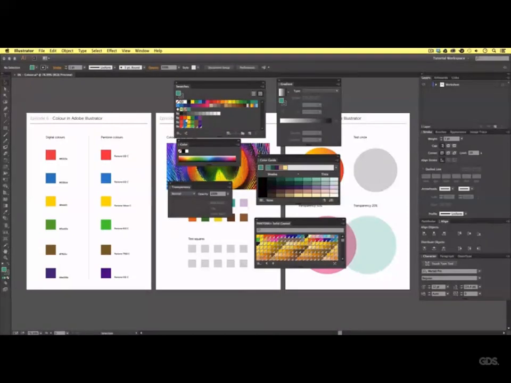This makes it easy if you're working on a particular project and wish to save your colors. You can also export the libraries too and share them with others. If you look closely, you can see I have some folders here with some swatches I have prepared earlier. And I will be talking a little more about these later. So the swatches panel is a pretty handy panel, and you will be finding yourself using this a lot as